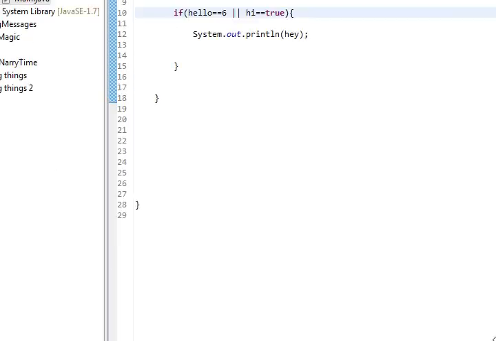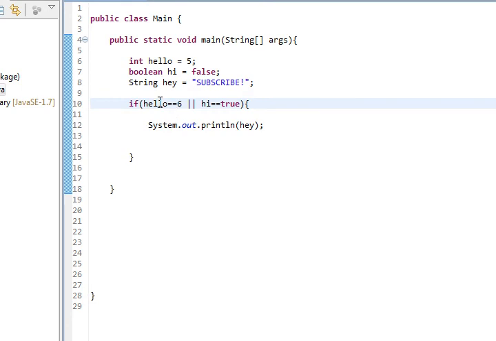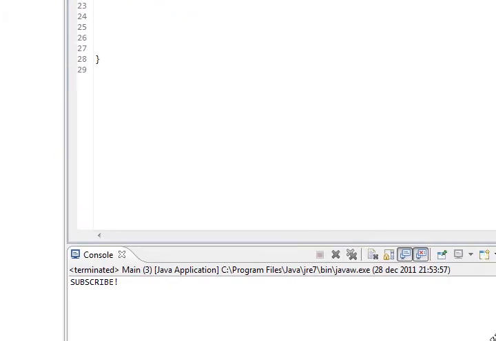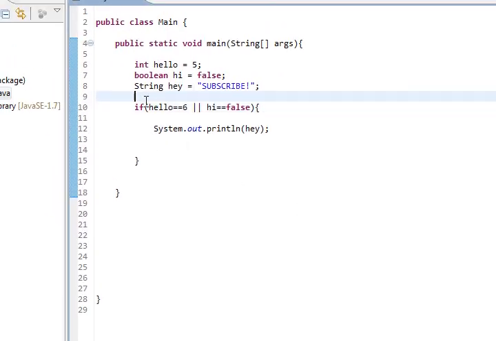And now it won't do anything, because it says if hello equals 6 or high equals true, and hello isn't 5, and boolean high isn't true. And then if we change this to false, then if we run it, it will print subscribe, because it's not that, but it will say that if this is true, or if this is true, or false. Actually, I'm just confusing myself, but